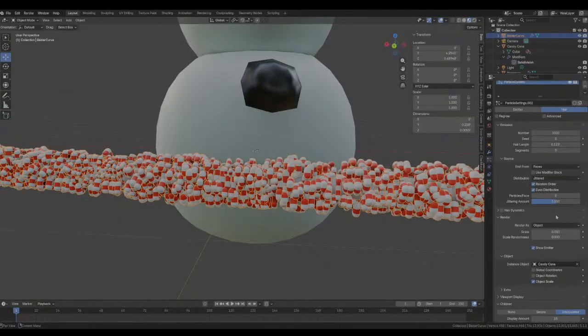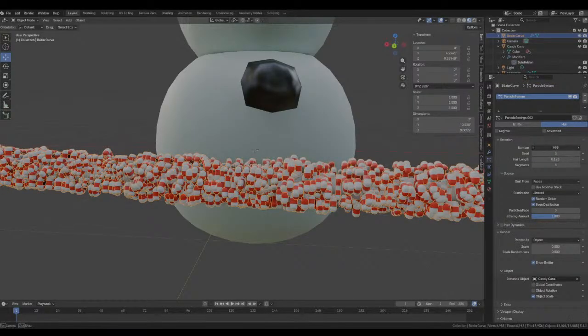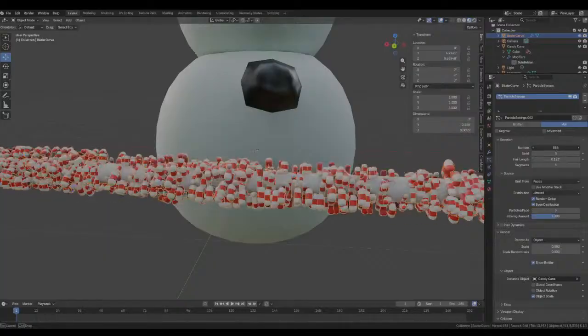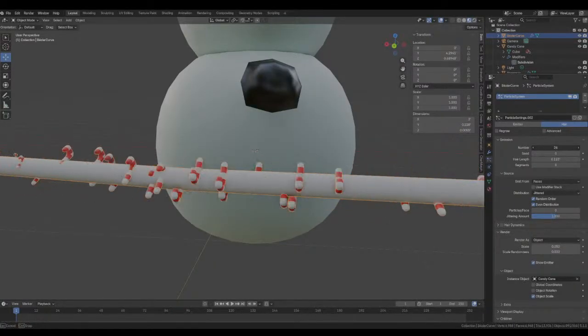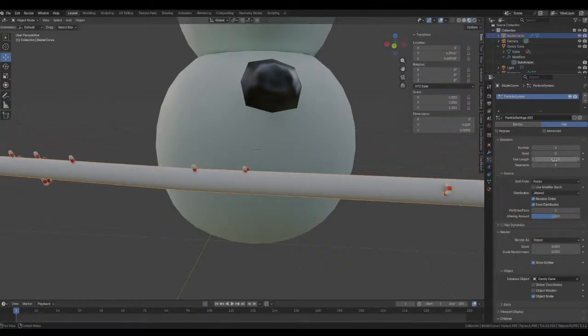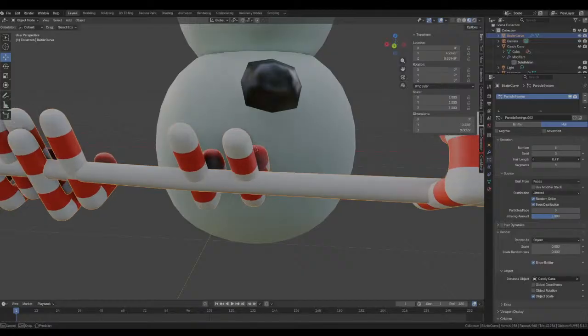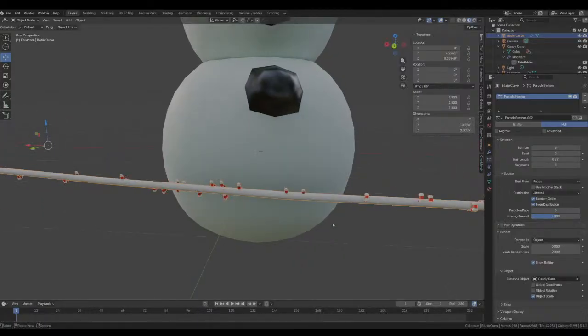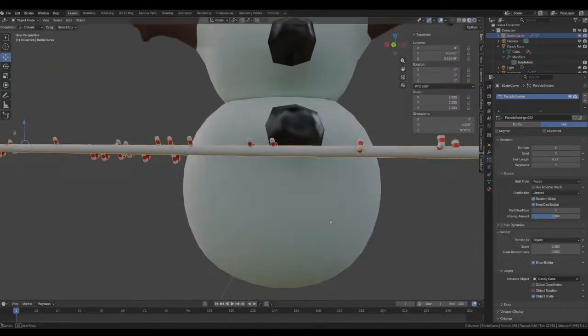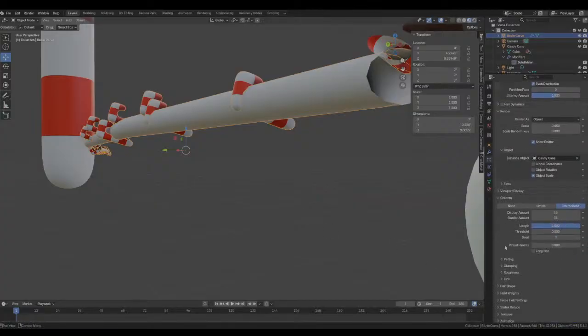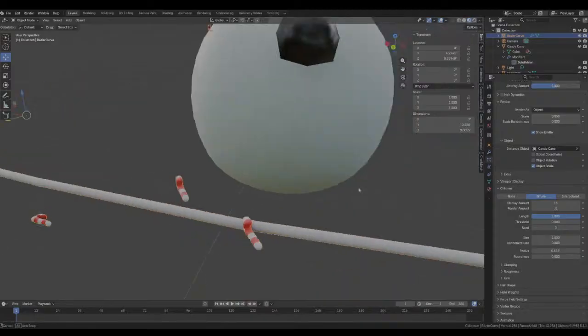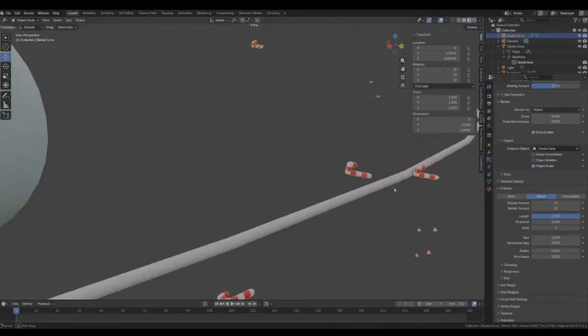Actually, we don't need a whole lot. I don't even need that many. I just need like maybe just a couple. Like 5. And really, the reason why it's like this is because it's not rotated properly. Oh, holy shit, look at that. Look at how crazy this looks.